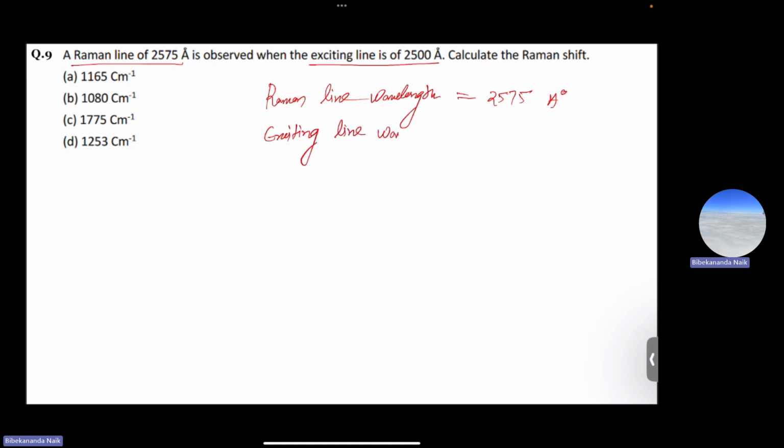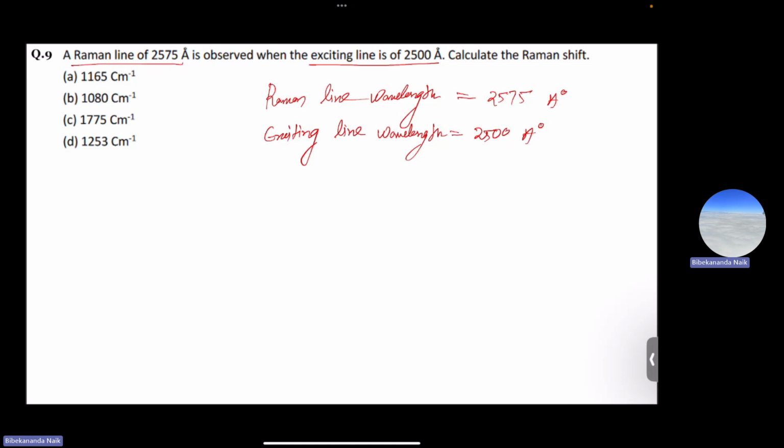Exciting line wavelength is 2500 Angstrom. So now, if we talk about the wave number, because the shifts, the options are given in terms of wave number,